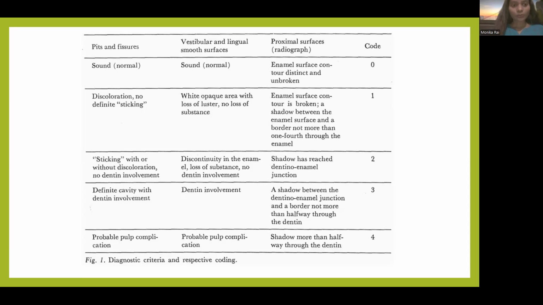In code 3, for pit and fissure, we have definite cavity with dentine involvement. For vestibular and lingual smooth surface, dentine involvement. For proximal surface, a shadow between the dentino-enamel junction (DEJ) and broader, not more than halfway through the dentine. In 4, for pit and fissure, probable pulp complication in